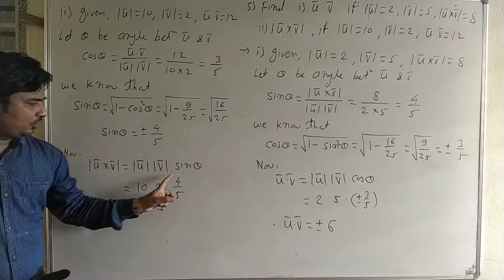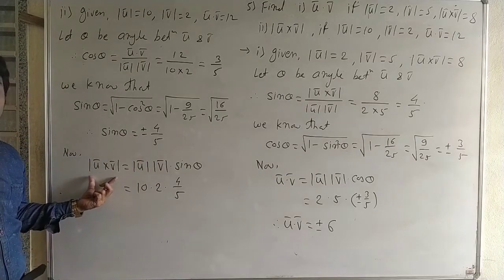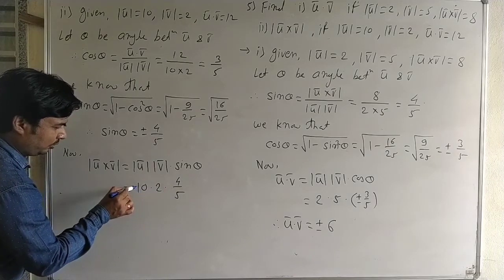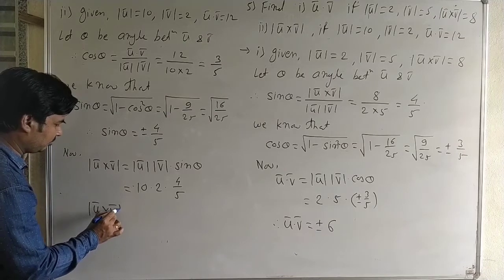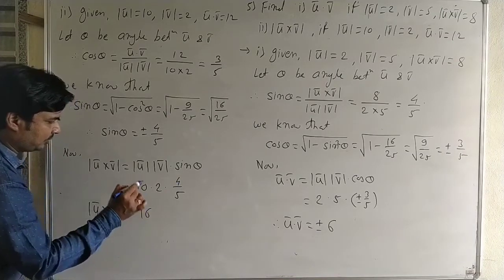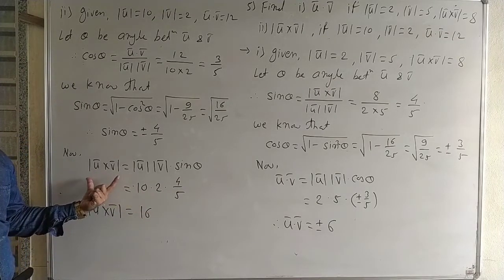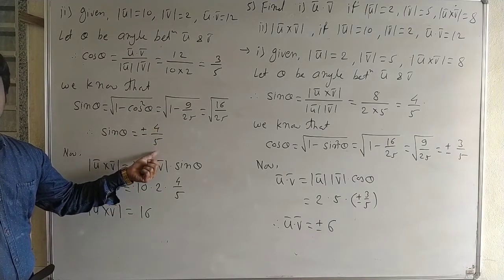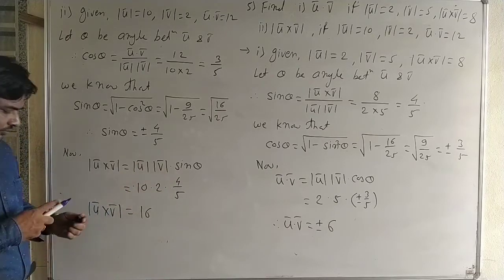We take only the plus value because it is the magnitude of u bar cross phi bar. And then the calculation: 5 into 2 is 2, 2 into 2 is 4, 4 into 4 is 16. Magnitude of u bar cross phi bar is equal to 16. See carefully, sin theta is plus or minus 4 by 5, but we take here only 4 by 5. Okay, now next,